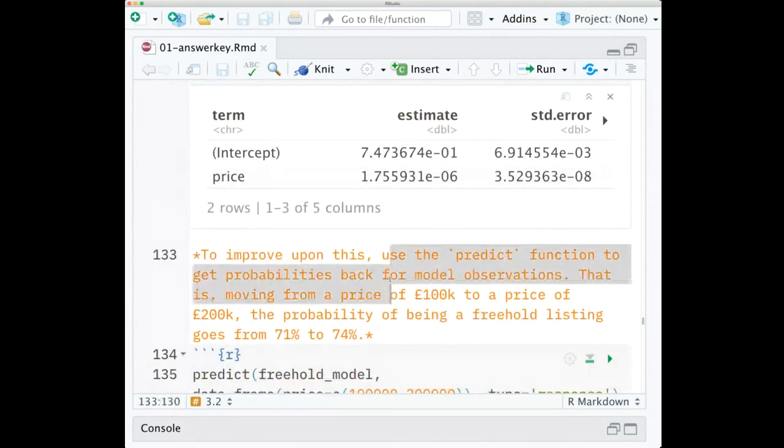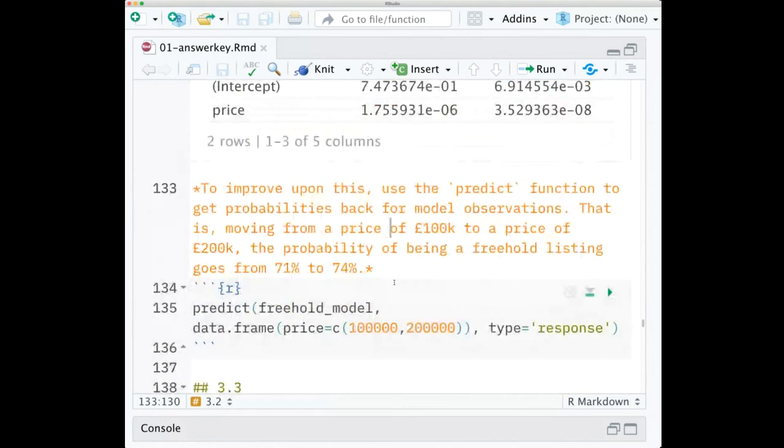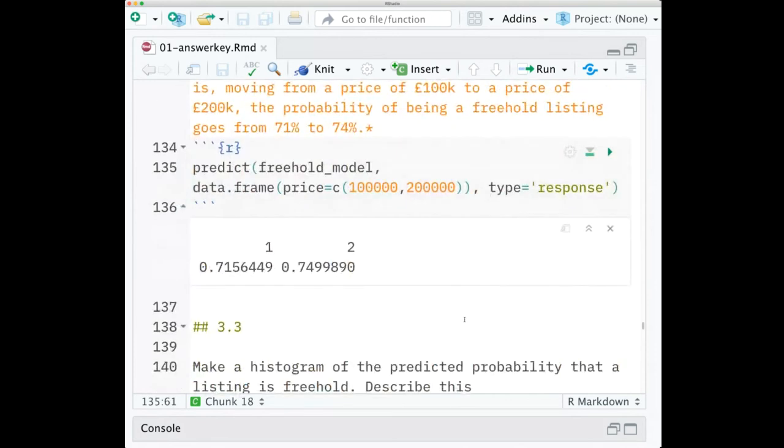To improve on this, you could use the predict function, as I've told you. So I've set up a scenario here, which is the price difference in moving from 100,000 to 200,000 pounds. And I'm making sure that this outcome is in terms of the probabilities rather than the log odds, so I'm putting type equal to response. When I do that, I get the chance that a house selling for 100,000 pounds